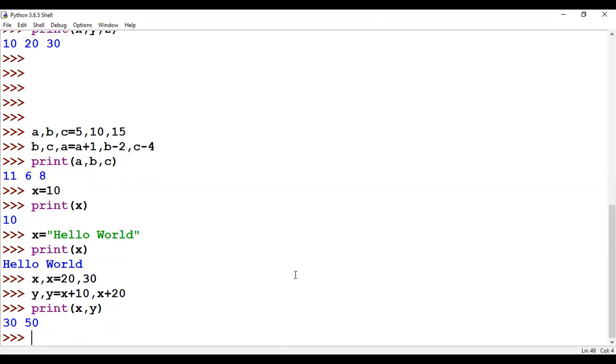Next, how we take input from the user. Next question is how we will take input from the user. Suppose I want to take the name of any person. So first I write NAME. Here name is a variable, then input is a command to take a value from the user. Input, enter your name.